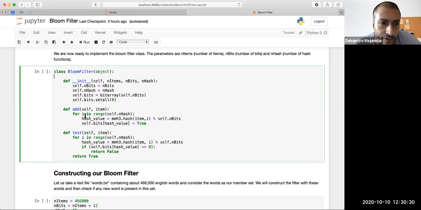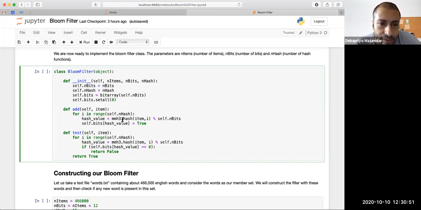So what we are doing is for i in range self.n_hash. This self basically means these are variables belonging to this object. Whenever you say self.n_hash, it means for this Bloom filter object, what is the number of hash functions.